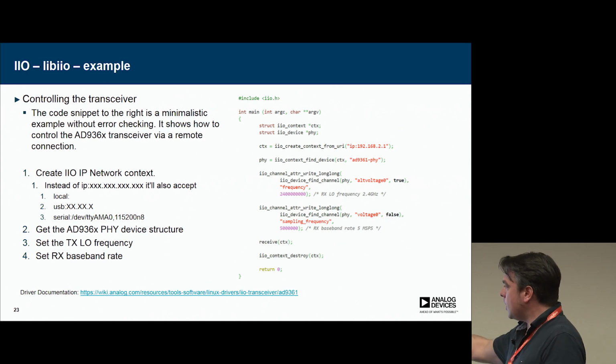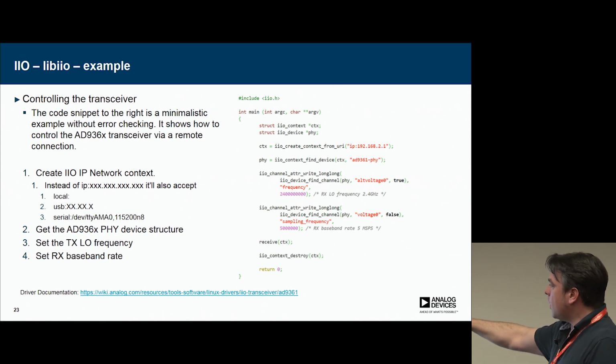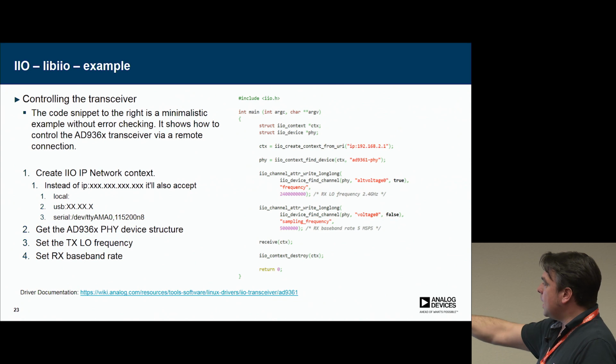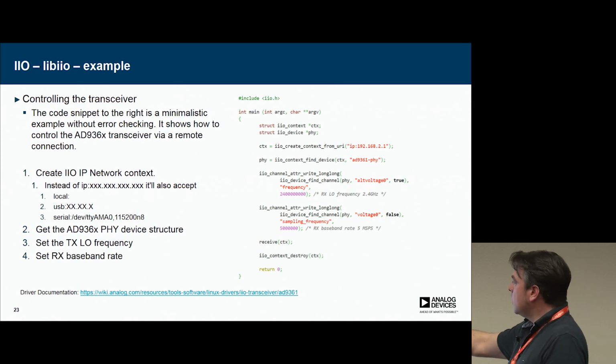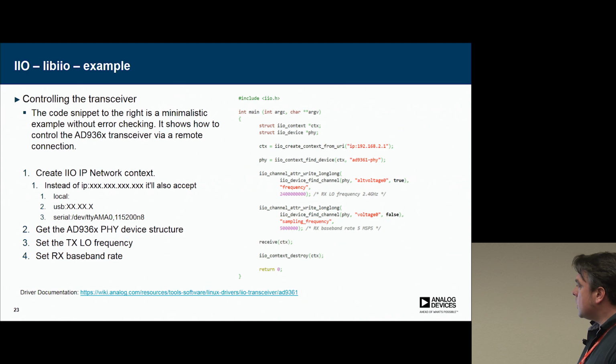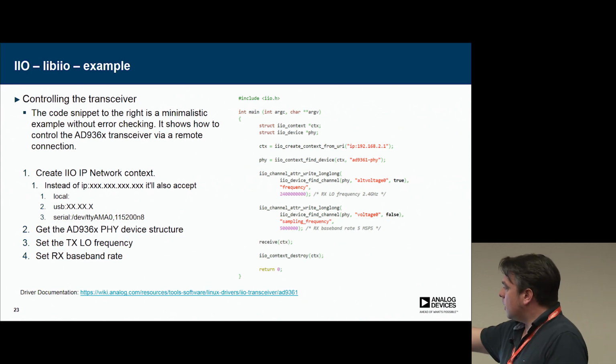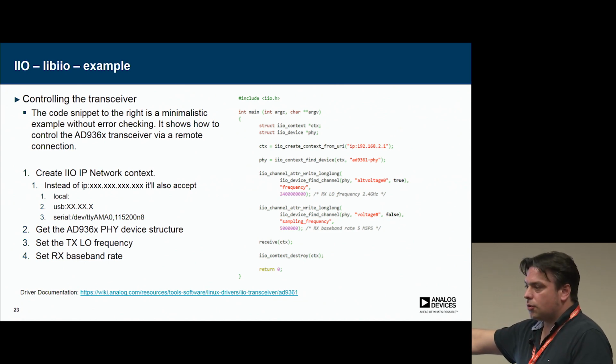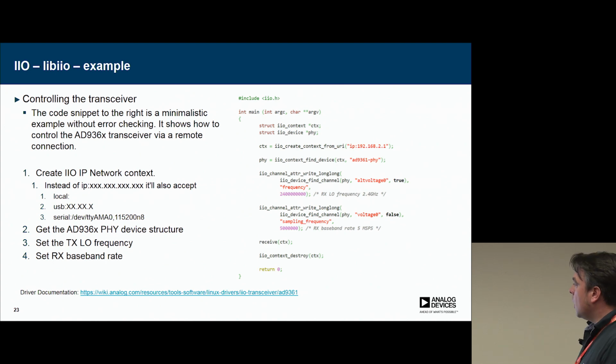All IIO devices have names. In this case, it's ad9361-phy. Once you have the device handle, you can use the device handle to write channel attributes. So you need to find the channel. In this case, we look for altvoltage0, which is the RX synthesizer. And you write the frequency attribute with 2.4 gigahertz. And in the line below, we do the same thing just for sampling frequency. So in this example, we change the LO frequency and the sampling frequency, and